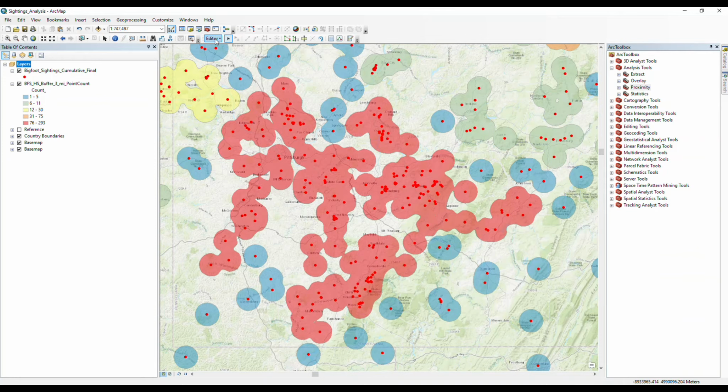So I'm going to go ahead and save my edits like I did before. It's going to take a second. My computer, that's a lot of changes for my computer to save. It's taking a while. While that's saving, what I'm going to do is go ahead and get rid of all this clutter on my map, and I'm going to start to select only